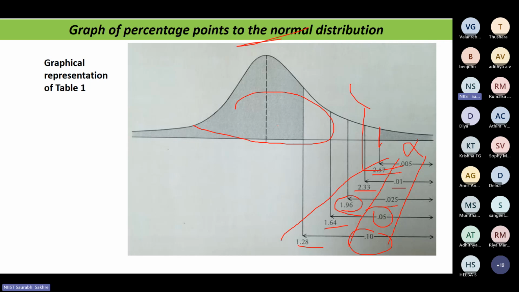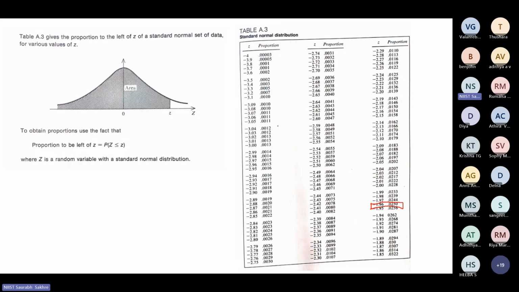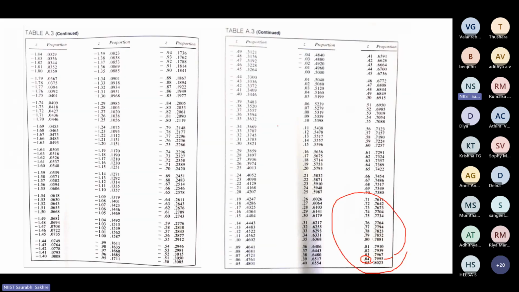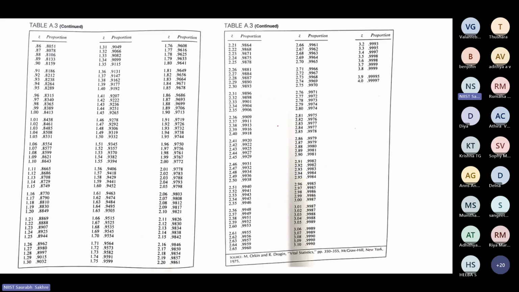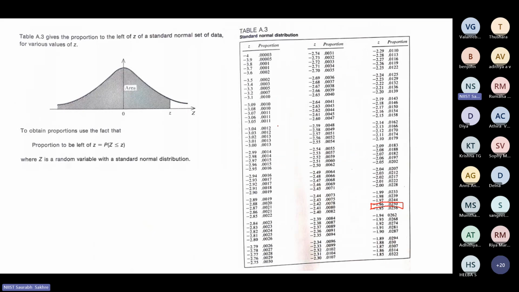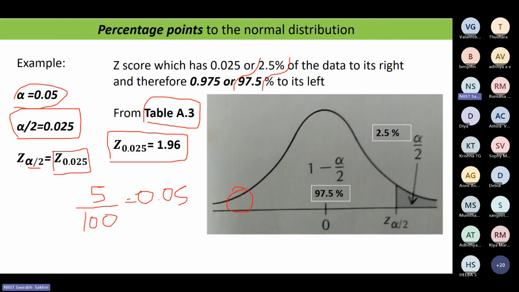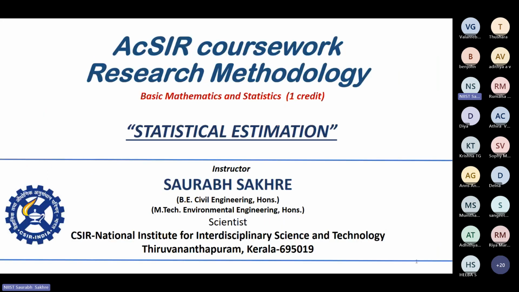Slowly I will come to understand how much confidence I am having while reporting my result, whether it is in a research paper or any statistical estimation or any report which we do. Table A3 I have already explained to you, how to see table A3, and Praveen Das sir has also shared it on the group, I think. Up to this point, I just showed you how we see alpha.